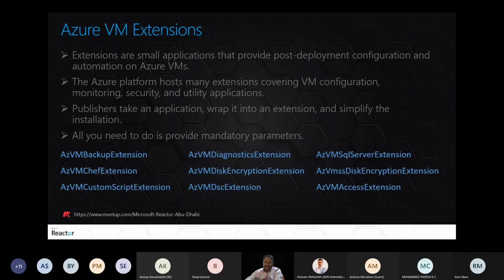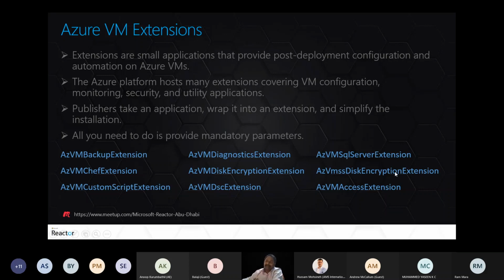So let's say if you want to monitor something, you want to have the network traces available. There are so many extensions available. Let's say you want to execute some script inside your virtual machine. Once the virtual machine is created, you can use the custom script extension, where you can execute any script you want. Let's say you want to execute a PowerShell script, you can execute it on a Windows VM. And here we have the extension which you are going to use, which is nothing but the Azure VM Disk Encryption extension. In case of virtual machine scale set, this is the one, the AZ VMSS Disk Encryption extension.